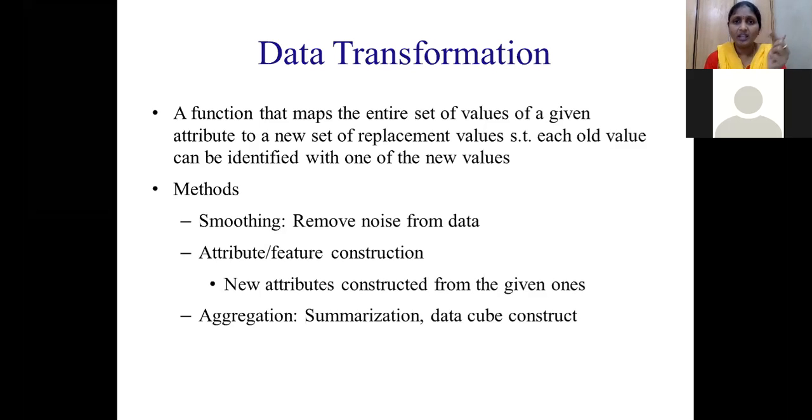That means we are taking only one common format for the pricing of that particular item. Either we take only the rupees format, or only the dollars format. When you take the dollars format, we take a conversion formula to convert rupees into dollars. So we take a function, and in that way we make all the price values of a particular item into a single format. Like that, we can take many examples.